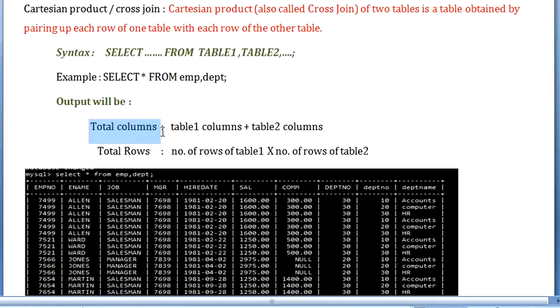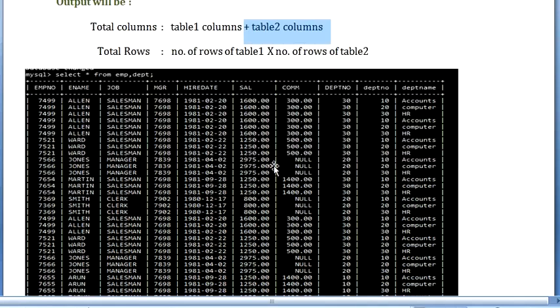The total columns of the Cartesian product will be the number of columns of the first table plus the total number of columns of the second table, joined together. Like here you can see, the first 8 are the columns of your first table: the EMP number, name, job, MGR, hire date, salary, commission, and department number.